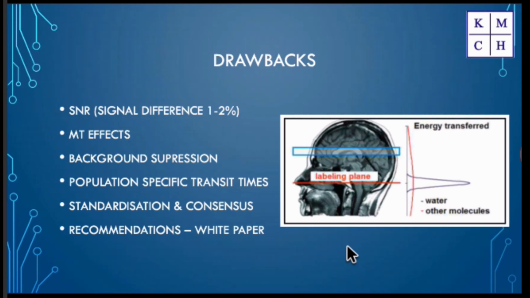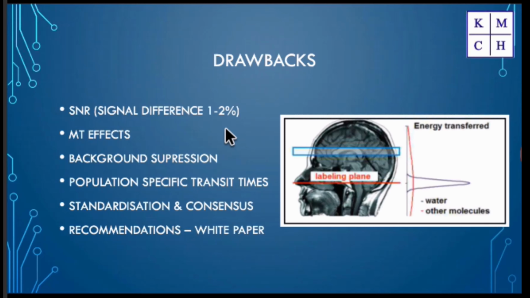What are the main drawbacks? If indeed ASL was so promising, why aren't we seeing it replacing all the contrast-based perfusion? We must first understand that the difference in signal between the control and the labeled images is hardly 1 to 2%. And we need to take at least 20 to 40 sets or pairs of such images to get a decent enough SNR. Even then, the spatial resolution and the SNR cannot match up to the other methods. And usually we look at maybe a 3 or 4 mm slice thickness, anisotropic. This is the first and the main drawback.